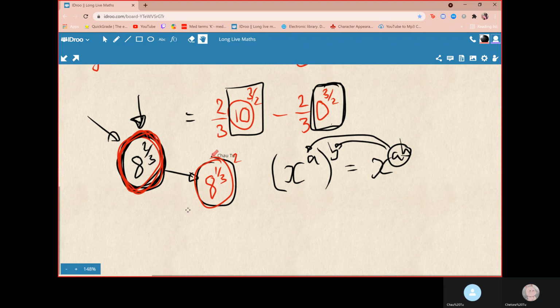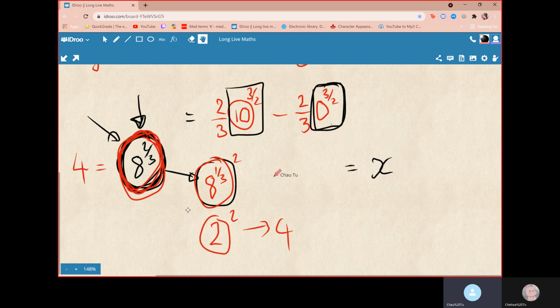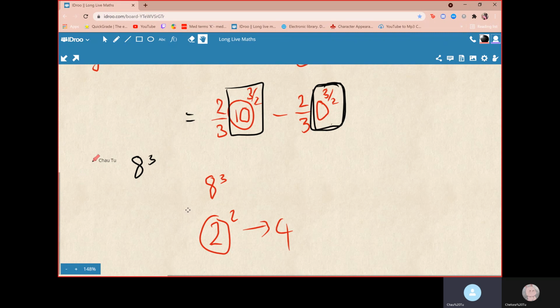That number's 2, and then you square it to give you 4. So after all that, this is a nice, neat number. It is the number 4. So if someone gives you a complicated number that you don't really understand,